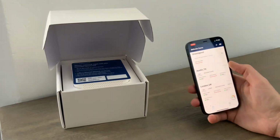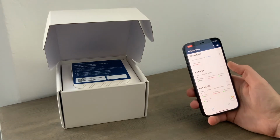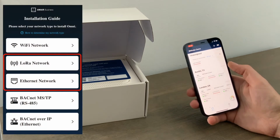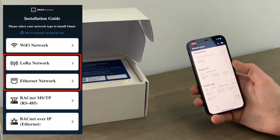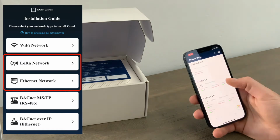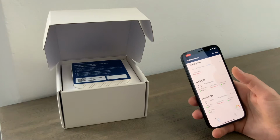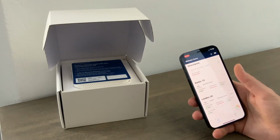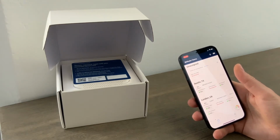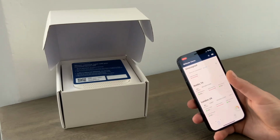Today we're going to look at how to onboard a device using the QR code. This QR code can be used for either the LoRa onboarding or the Ethernet. So if you've connected this device using the surface mount with the antenna, or with the in-wall mount with that RJ45 and Ethernet connection, and it's connected to the cloud, and you want to associate that device with your organization